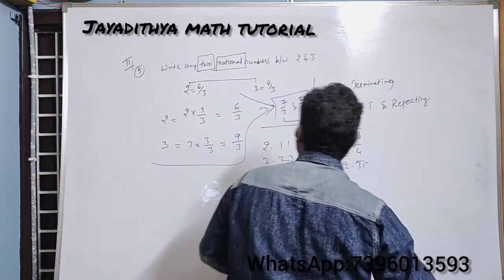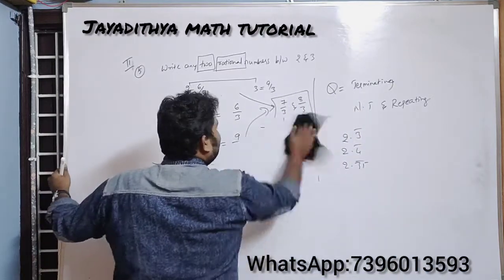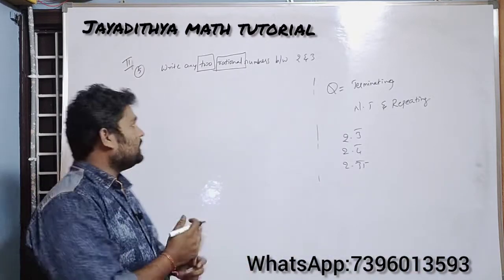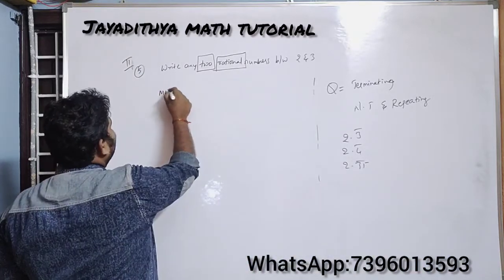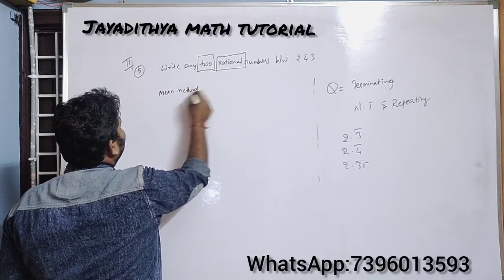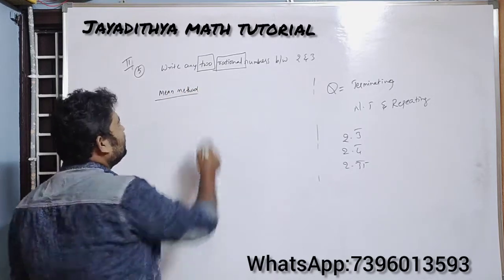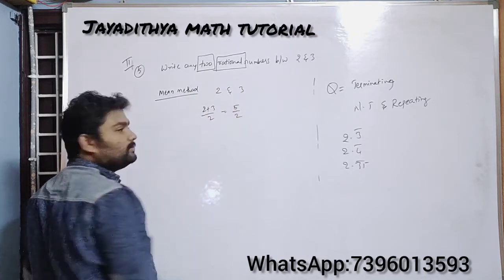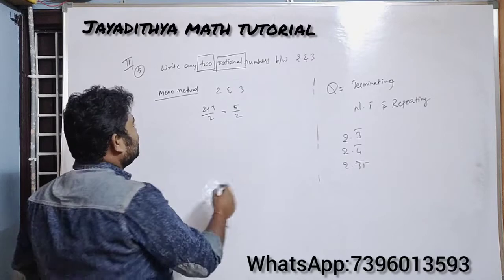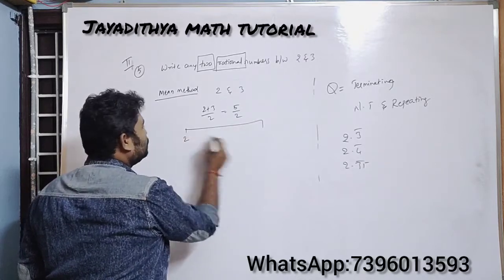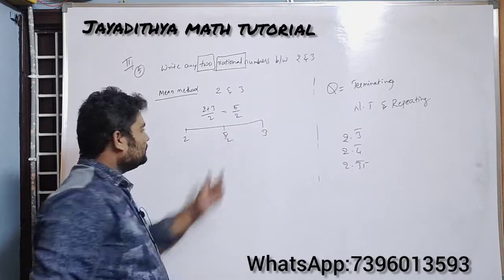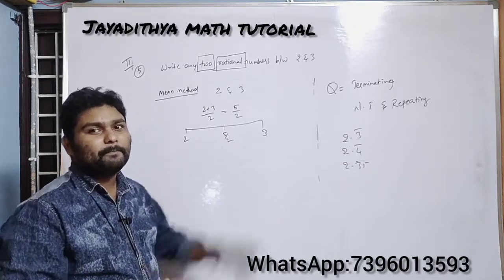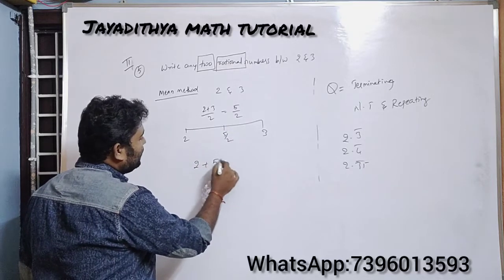And I want to explain one thing: when they ask for the mean method, some students are making mistakes. I have observed it today itself. What is that mistake? They are taking the mean method. Yes, you can take that. If you take the mean method, the first number between 2 and 3 will be 2 plus 3 by 2, which equals 5 by 2. That's okay, that is correct. This 5 by 2 is in between 2 and 3. This is the rational number between 2 and 3. But in the next step, they are making a mistake. They are taking it like this: 2 plus 5 by 2. That's all.